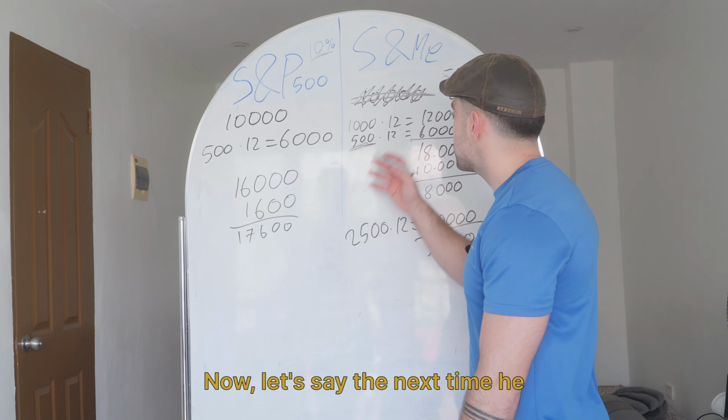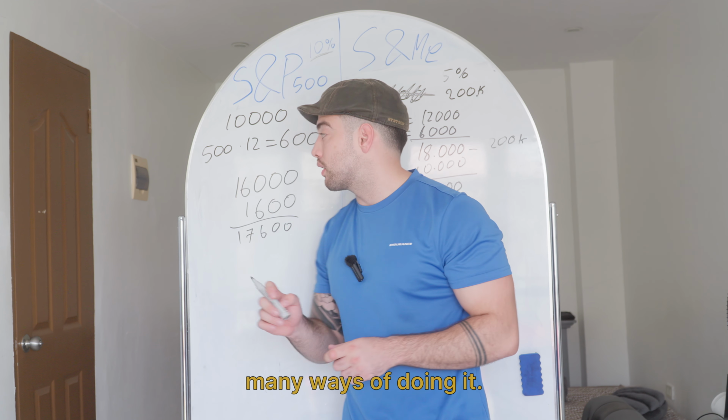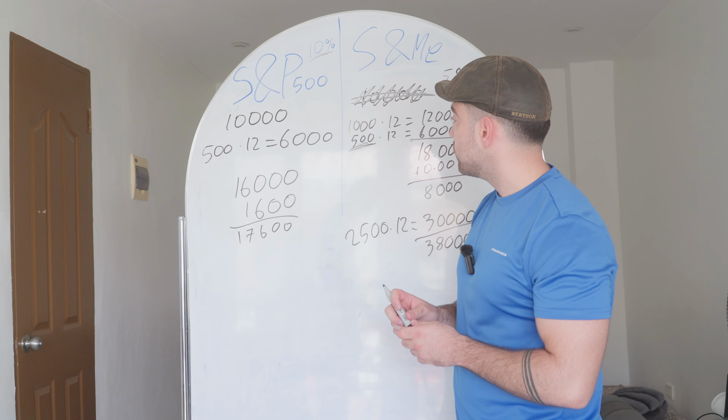Now let's say the next time he wants to buy a place, the bank says, whoa, you cannot get any more places for 5% down payment. It's starting to look like you're running a business. It's starting to look like this, is starting to look like that, whatever. Now you need to pay 25%, or maybe you need to buy a summer house because then you can sneak it in that way. Right, there's many ways of doing it. Or you could start a company.